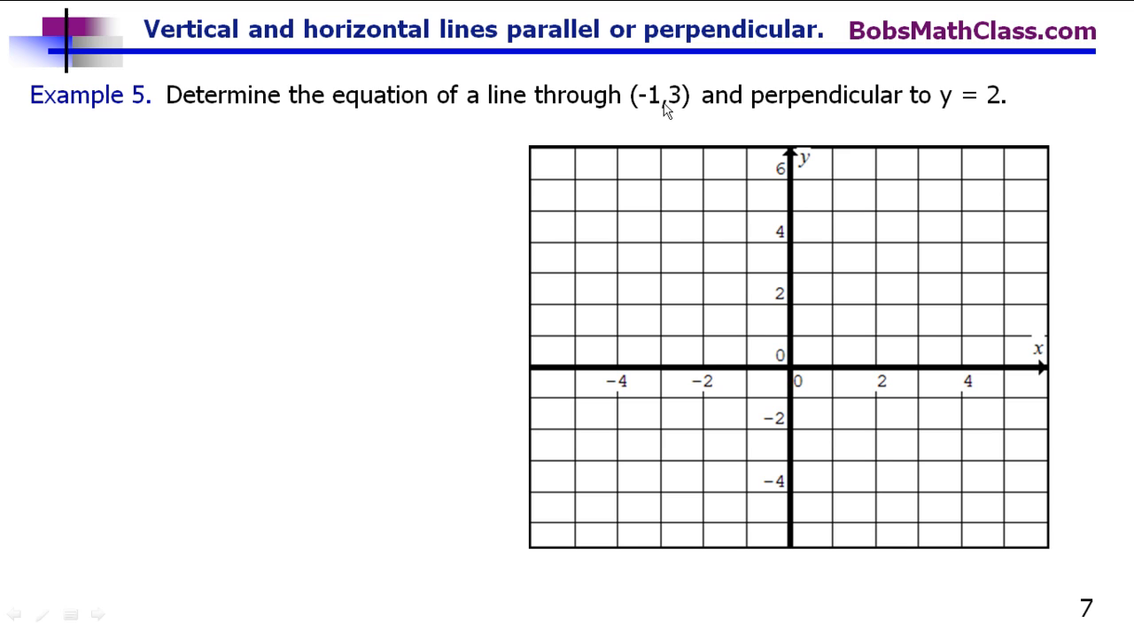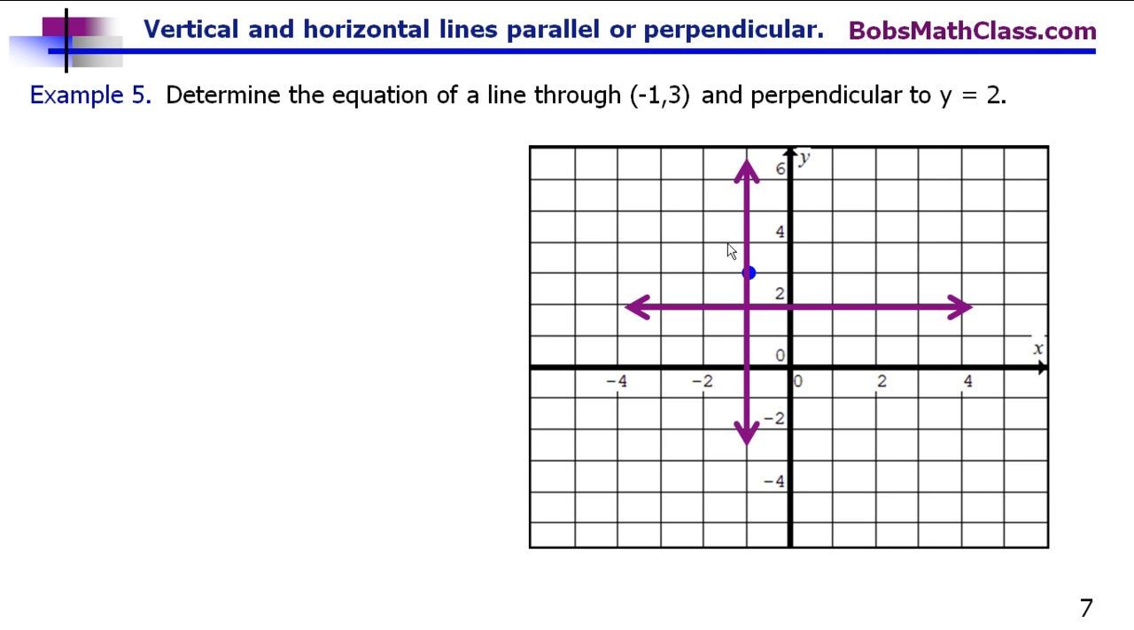So let's plot this point -1, 3. There's -1, 3. And we'll graph y equals 2. There's y equals 2, which is a horizontal line. So if we want a line that's perpendicular, is it going to be vertical or horizontal? It must be vertical. So if we draw a vertical line,